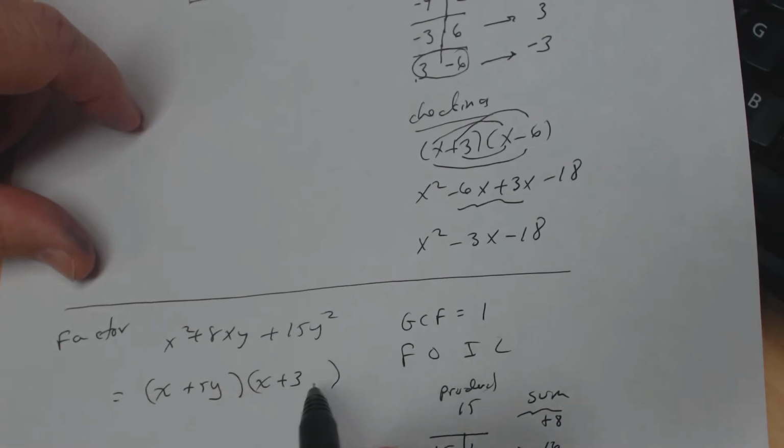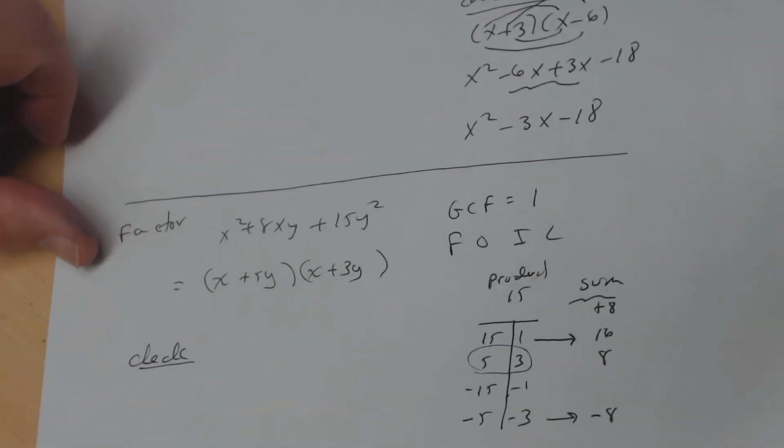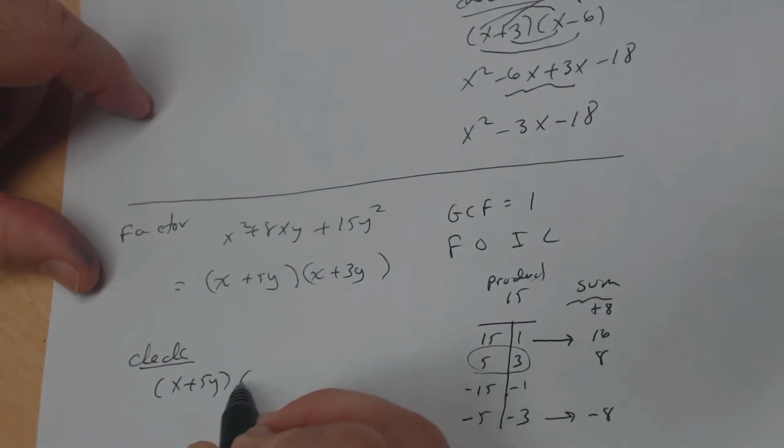So I got to put a y here and a y here, and that should now work. So let's check. Now again, you don't have to check, but let's check this. So I'm going to rewrite these two binomials, x plus 5y times x plus 3y, and I'm going to get